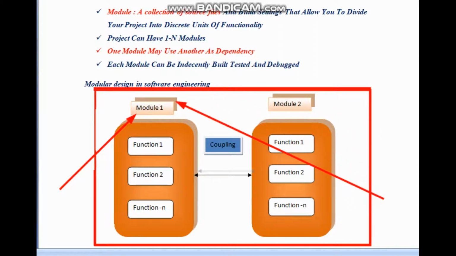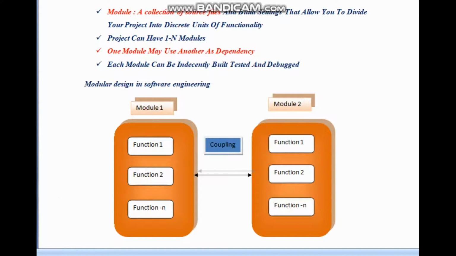We will not develop the entire software at a glance, but we divide the software into modules. And after each module is tested, we link one module to another module, that is called as what? Coupling. So after performing the entire task of this module, when this module is functionally ready, we link it to another module which is also functionally ready. So here we can say that the two modules are interrelated, and that is called as coupling. Fine. So this is about coupling.